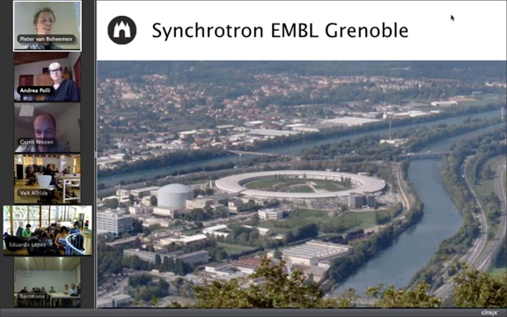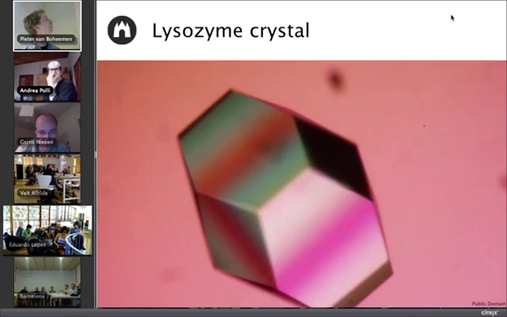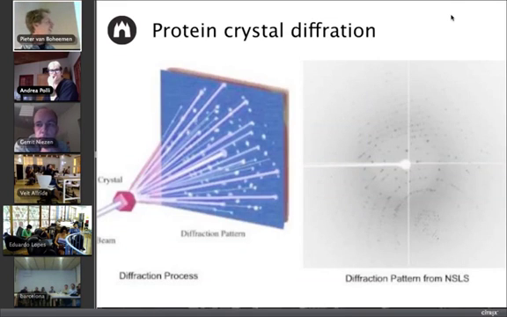X-ray, and using a very concentrated beam of X-ray and pointing it at a crystal, you can actually study the structure of the protein, and it kind of works like this. So if you have, for example, a lysozyme, and you would grow a crystal of it, so crystallize it by, for example, drying it under the right type of conditions, you can get crystals of these proteins, and then if you take the X-ray beam and shoot it at the crystal,